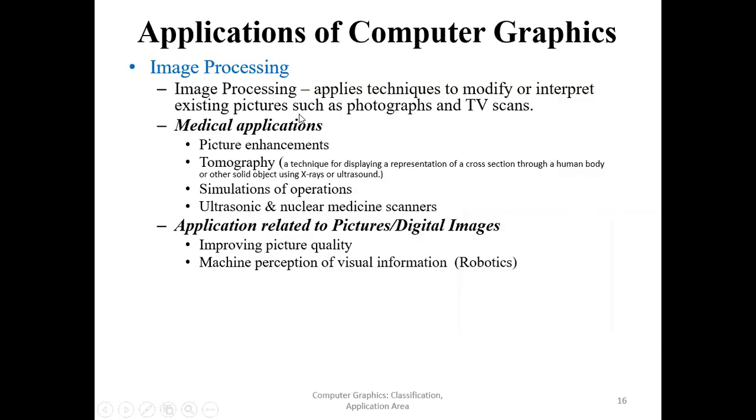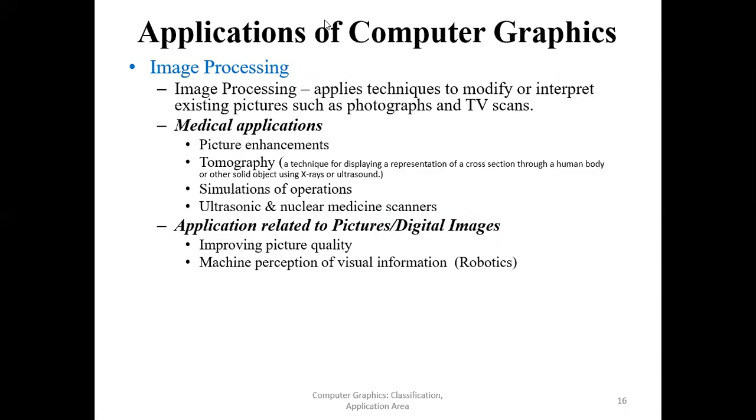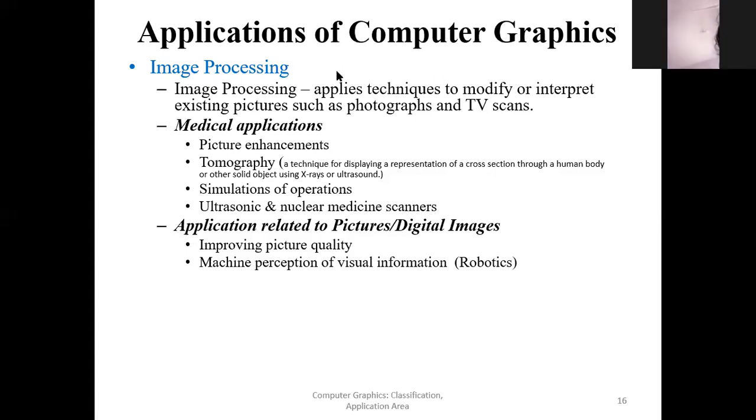And then we have image processing. So first of all, what is image processing? Image processing is when we modify or manipulate an image, or interpret existing pictures such as photographs or TV shows. Image processing and graphics have a little bit of difference. We'll talk about that very soon. But for now, just remember that image processing applies techniques to modify or interpret existing pictures such as photographs